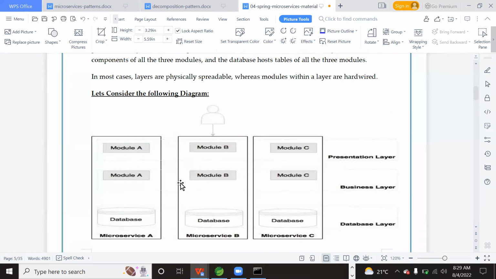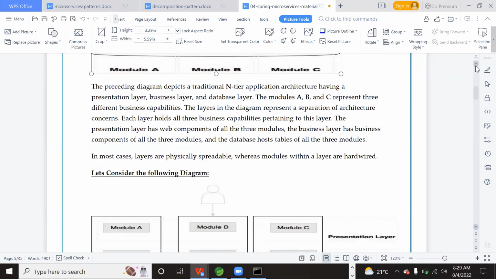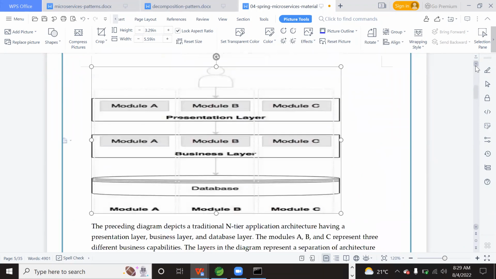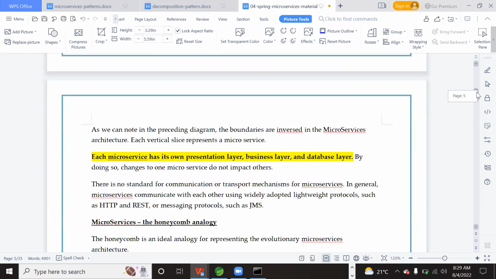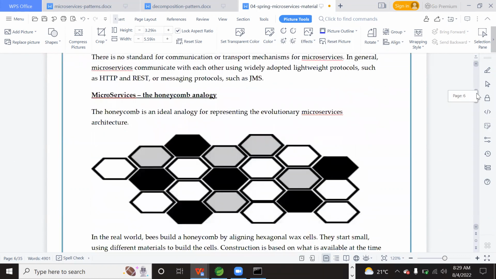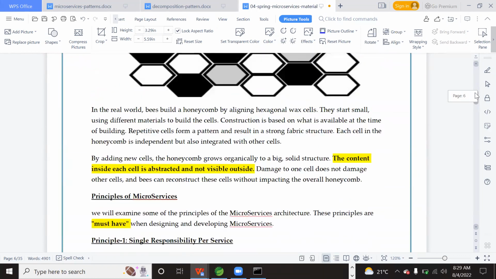Module B presentation layer, business layer, database layer becomes one microservice, and similarly module C becomes one microservice. So when we vertically slice down the monolithic architecture, we get the microservices. But we have to make sure they adhere to a few characteristics and principles. We will see what those are.